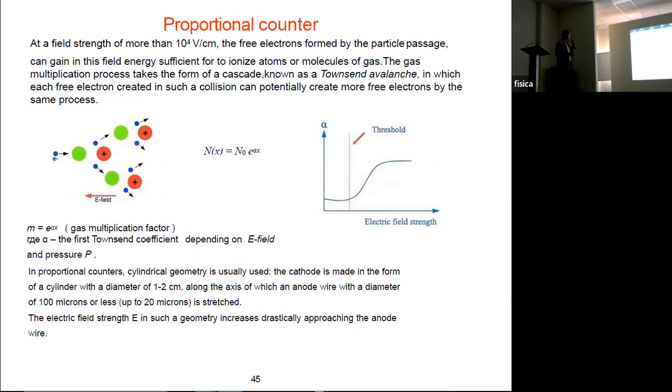This region is called the proportional region, and the main feature of this region is that if we make the electric field inside this capacitor stronger and stronger, we can achieve the so-called region of amplification. How does it happen? The electron starts getting some energy from the applied electric field, and this energy is enough to